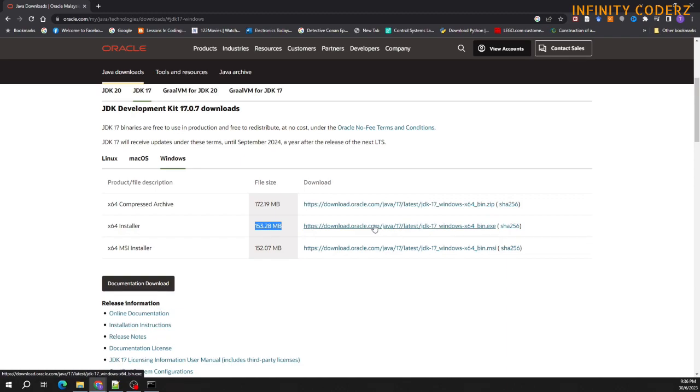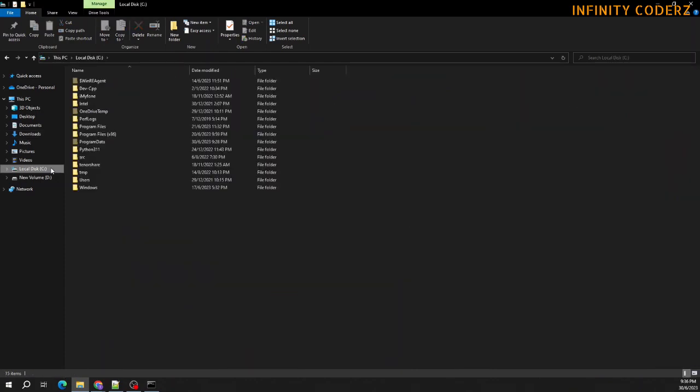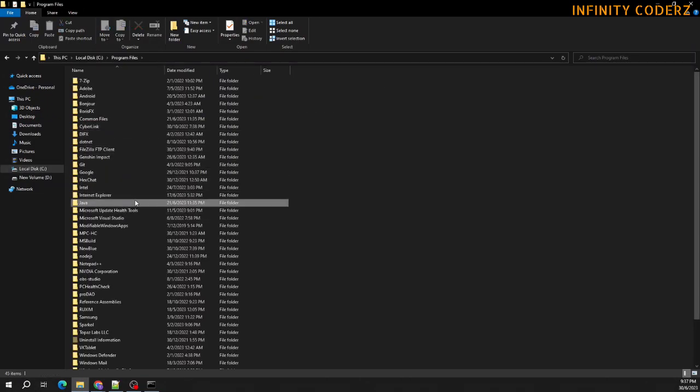Once the download has been completed, go into the download folder where it was saved, then click on the download to begin the installation. Before we begin the installation, for the pathway, first we have to go into the local disk, and under Program Files, we have to check whether a Java folder has been created. So here we can see there's a Java folder.